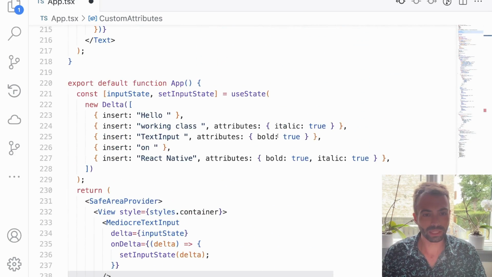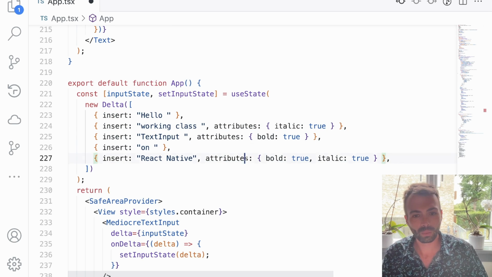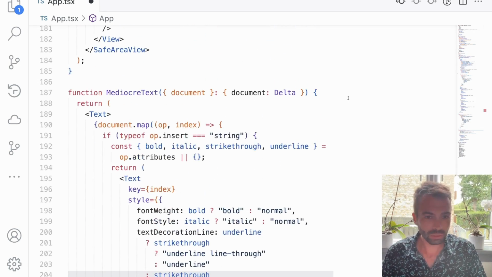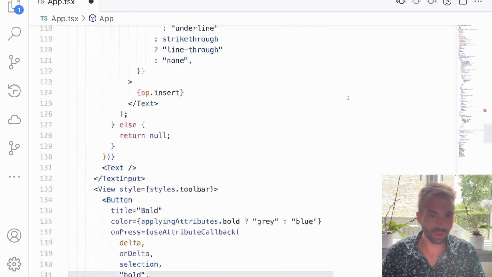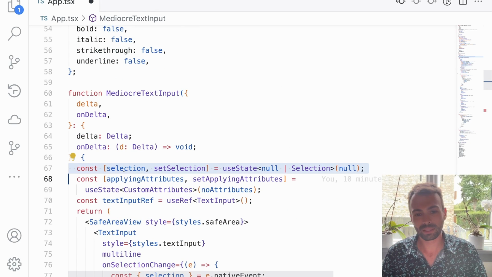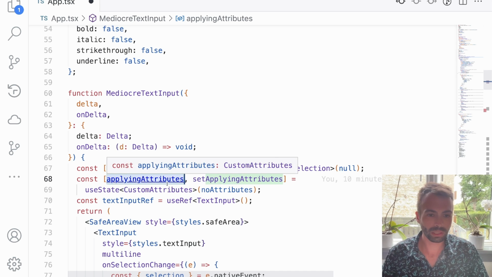And our initial state looks like this: "hello working class, text input on React Native," where certain things are bolded and italicized. And then we have a few additional pieces of state inside of our mediocre text editor. For example, we're keeping in mind the current selection state. So when the user moves their cursor around or when they select something, we keep that selection in mind. And we're also keeping in mind what attributes are currently being applied